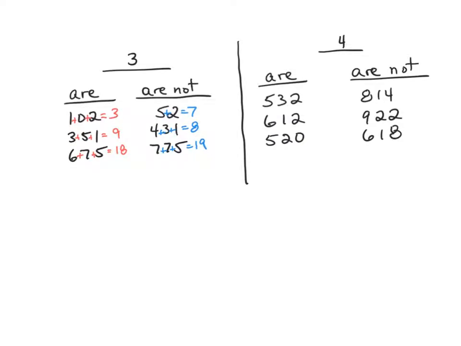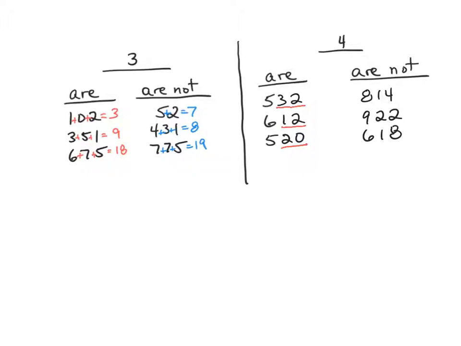Let's do a similar exercise for the divisibility rule of 4. The numbers to the left are divisible by 4. The numbers to the right are not. Take a moment once again and see if you can find common characteristics of the numbers in the left column. When you take a look at the numbers in the left column, and you take a look at the number formed by the tens and ones digits, you will notice that that number is divisible by 4 in every one